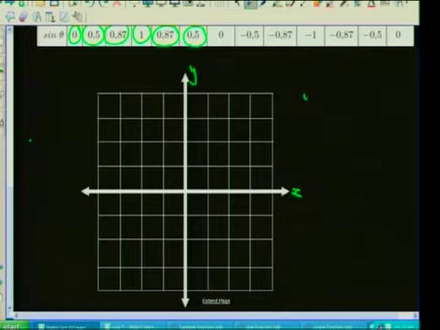Remember, just as we can write y is equal to sine theta, we can also write y is equal to sine x. Okay, so those are our angles. And I'm going to plot here 90